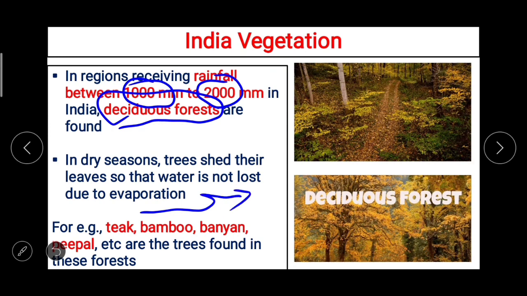Now you people learnt about the concept of evaporation in the geography of lower standards and also in science. तो dry season में पत्ते जो है यहाँ के इवेपोरेशन की वजह से उनका वाटर लॉस्ट ना हो, वो निकल ना जाए, इसीलिए ट्रीज सेड करके रखते हैं. In this, for example, teak, bamboo, banyan, peepal, etcetera are the trees found in these forests. Now next one,